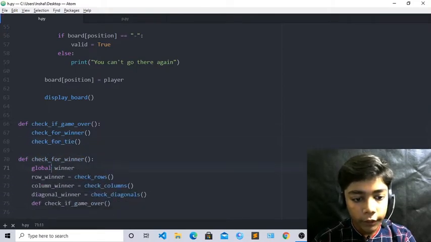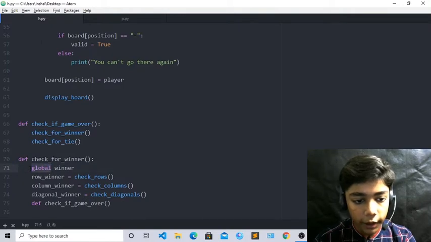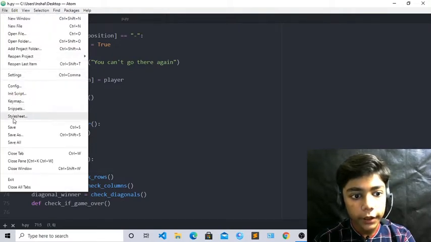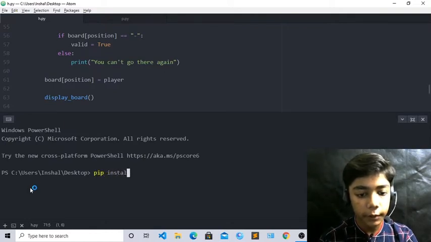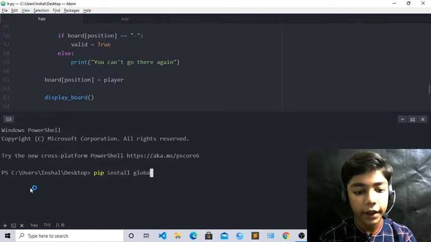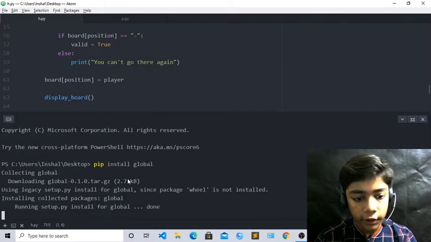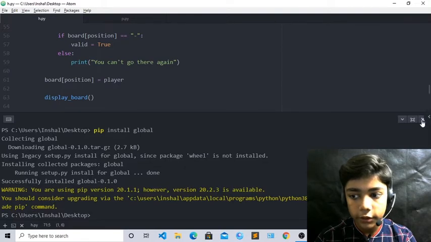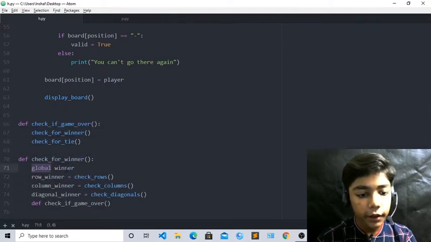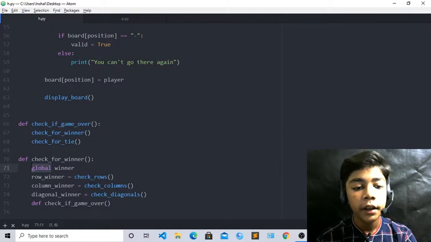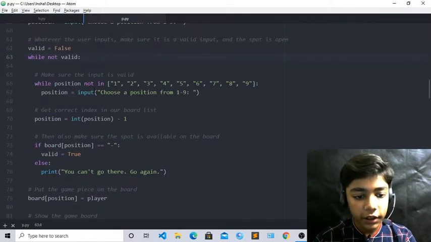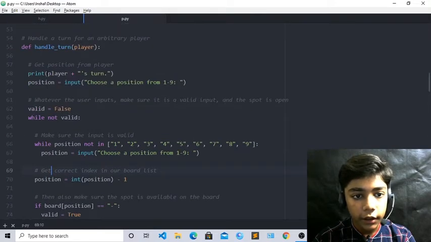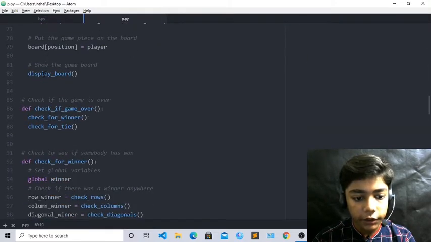Now we have to also see this global tag. So come over here and write pip install global, because we are defining this here. Now enter here. You can see it is downloading, and the setup of global downloaded. Now close it from here, and again write global. Erase it and write global again. You can see, like I showed you, till here we have done all these things.